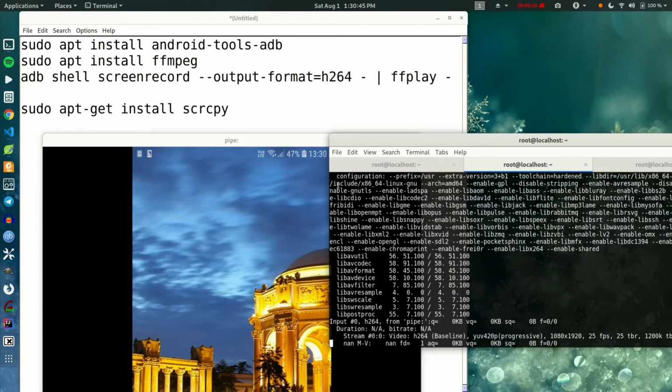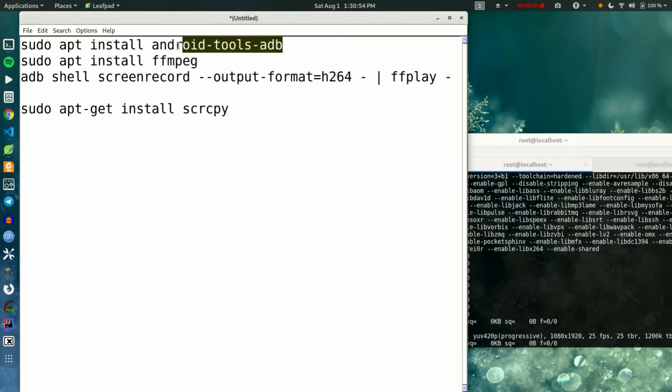In the last video we discussed how you can screencast your cell phone screen on your desktop, or your laptop. But there was some problem with the ADB tool. It was time consuming, so it may take some time for mirroring your device on your screen. To remove this problem, we are going to use this scrcpy tool, which you can install